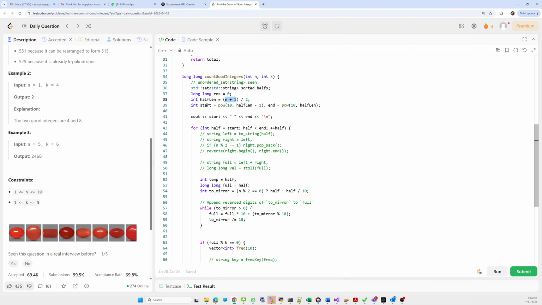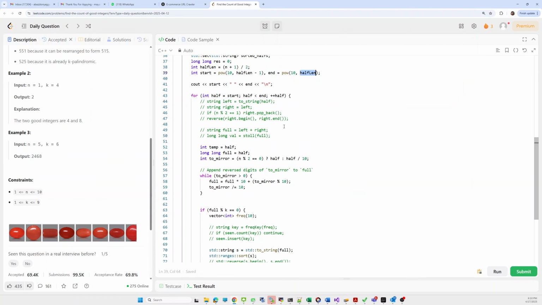Now we have to define the start and end points. The start is 10 to the power half minus 1, and the end is 10 to the power half of the length. We iterate from start to end. This is the half digit, starting from 10.